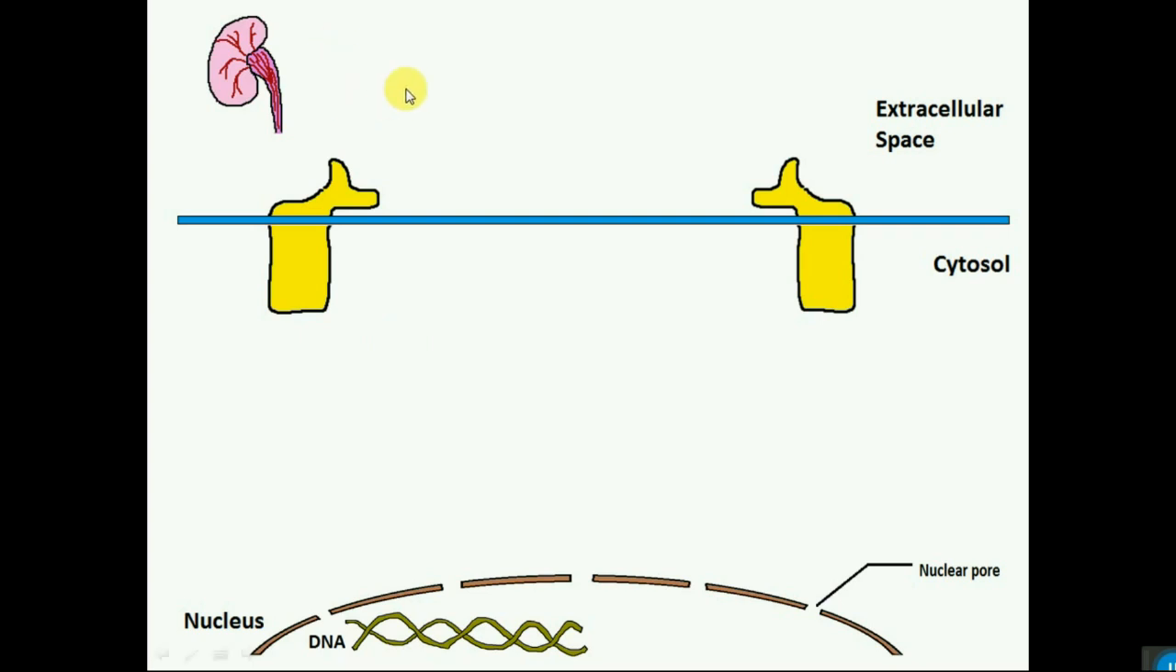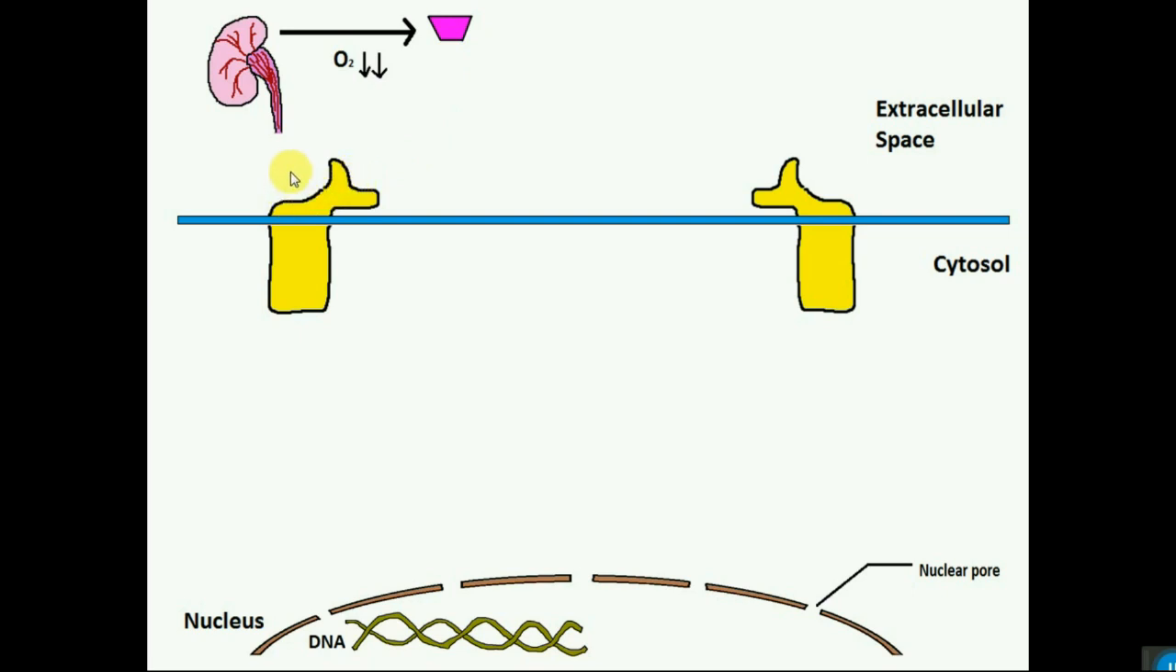Now, the signaling pathway. Whenever there is a low level of oxygen in the blood circulation, which is known as hypoxic condition, the kidney produces a hormone known as erythropoietin. This erythropoietin is delivered to the extracellular space via the circulation, and the erythropoietin generally binds to the extracellular domain of EPOR,